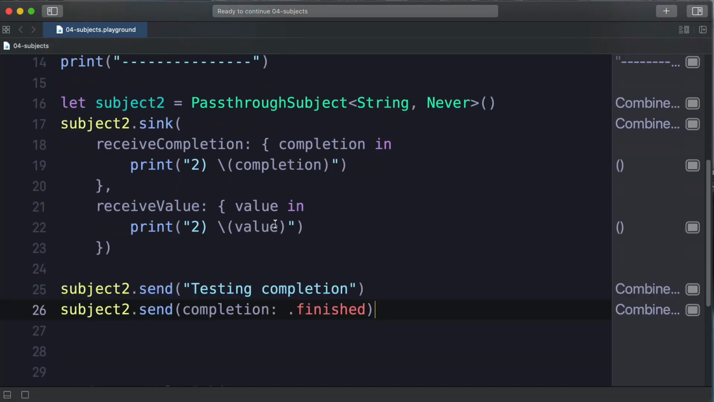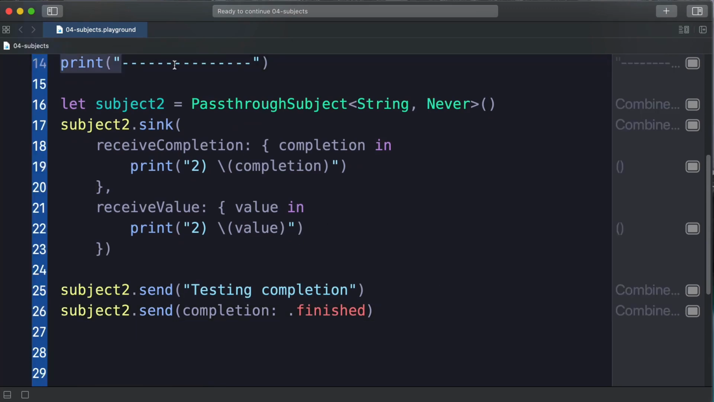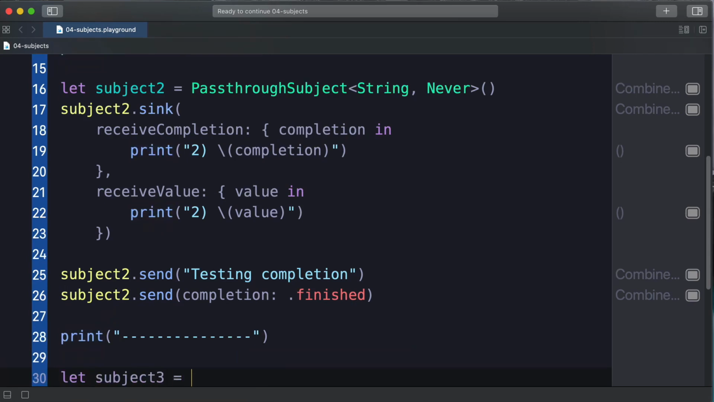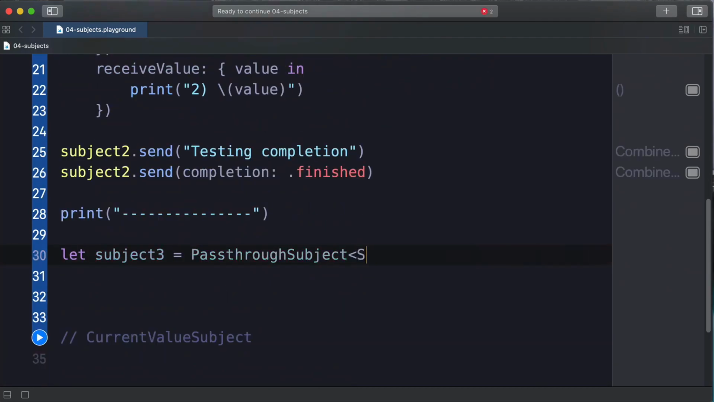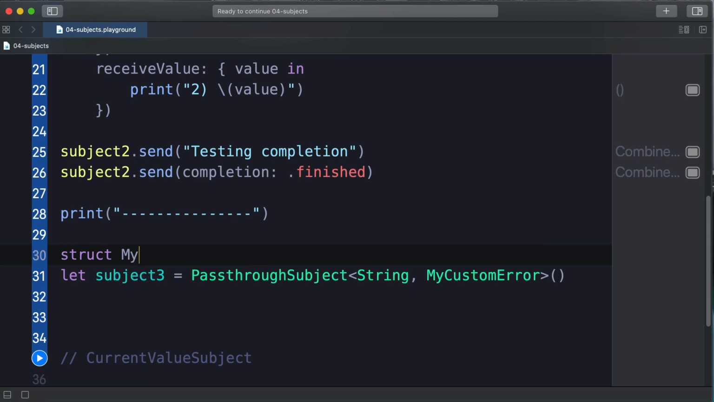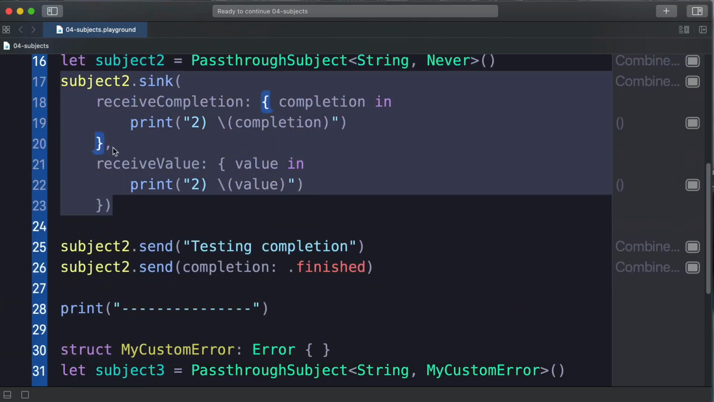So subjects work just like any other publisher. We can also work with errors. So here, let's create another example. This one will be subject3, a PassthroughSubject. And for this one, we want, again, an output type of String. And let's say we want to use our own custom error here. So to do that, I can create a MyCustomError struct that implements the Swift Error protocol, and that's all we need. So let's just copy this one,